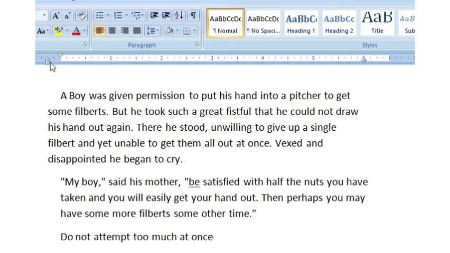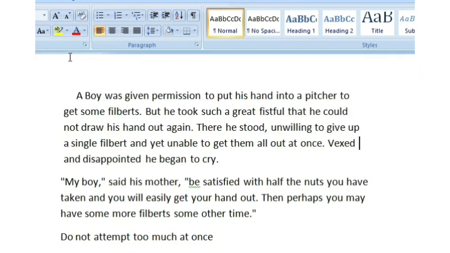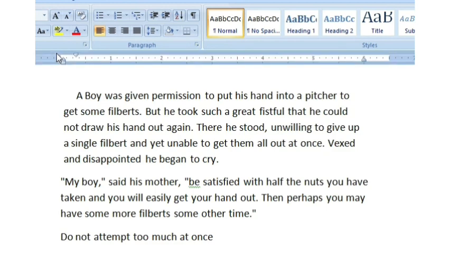So this way I can increase or decrease the space between the margin and the word from where it is starting. It is called indentation. Okay, so it is quite confusing between alignment and indentation. So let me tell you once more.